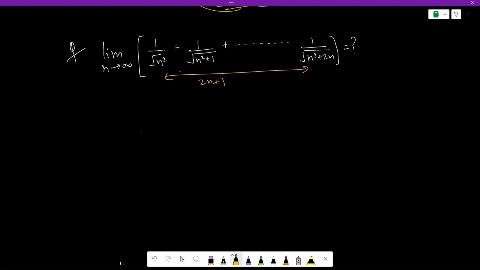So now let's solve it. Now as you can see, we need to find two functions, one that is less than this complete series and another that is greater than this complete series. So how can we do it? So to do that, what we know is that 1 by under root n square plus 2n is the smallest term of this series, as it has the greatest denominator, right? So if we add this 2n plus 1 times,